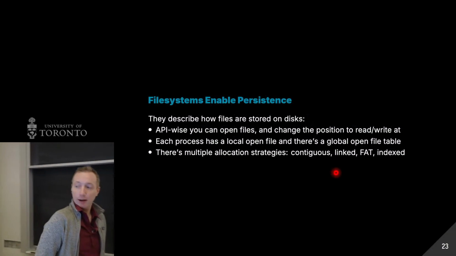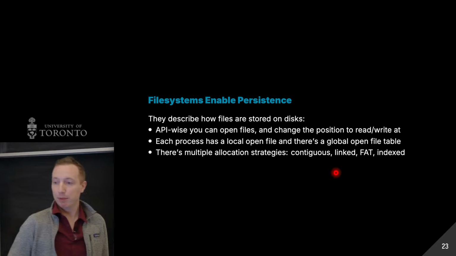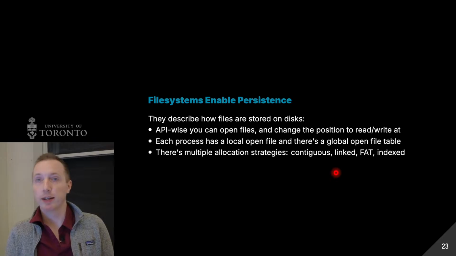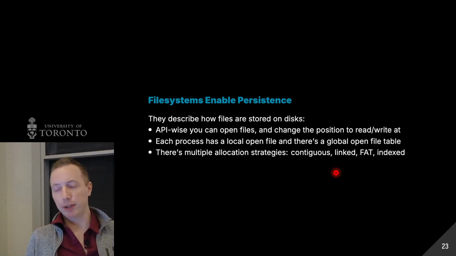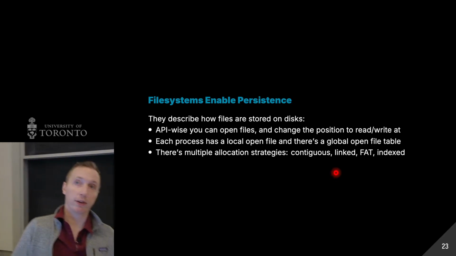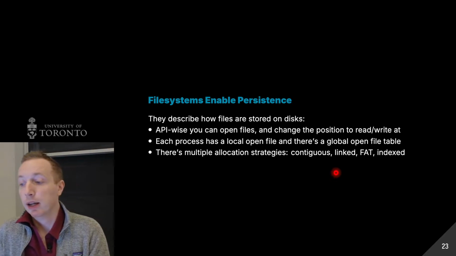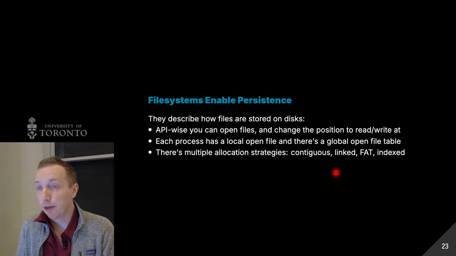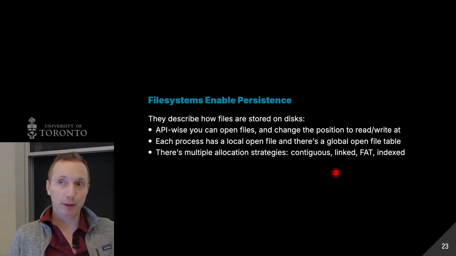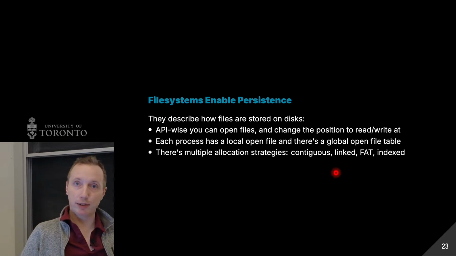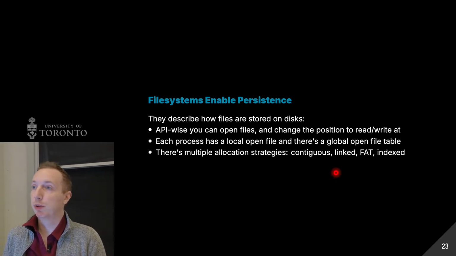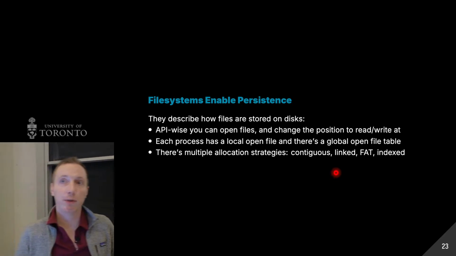So with that, we started talking about file systems, how they would enable persistence. They describe how files are actually stored on the disk. API-wise, right, you can open files, change the position to read and write at. Each process has a local open file table, and then the kernel has a global open file table. There's multiple ways to store files on a disk. We saw contiguous, linked, FAT. FAT's the only one of these that's actually used. That's file allocation table. It's basically a linked list, but they're all stored on a separate block. And then indexed, which is not used, but will serve as a basis for what